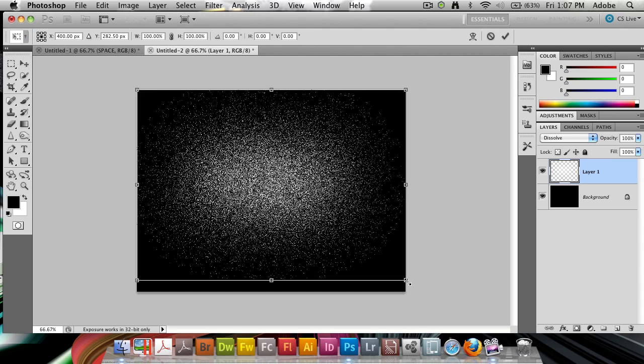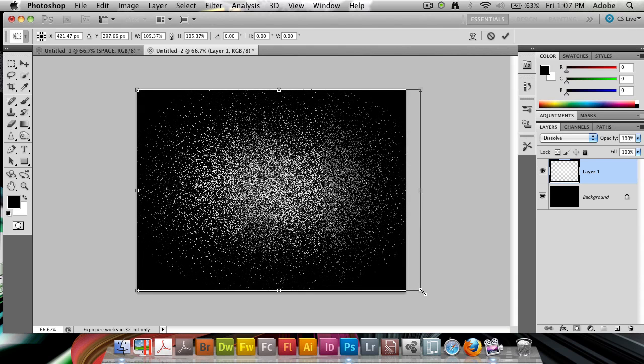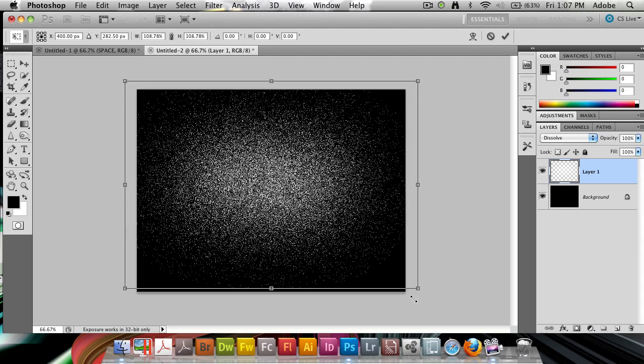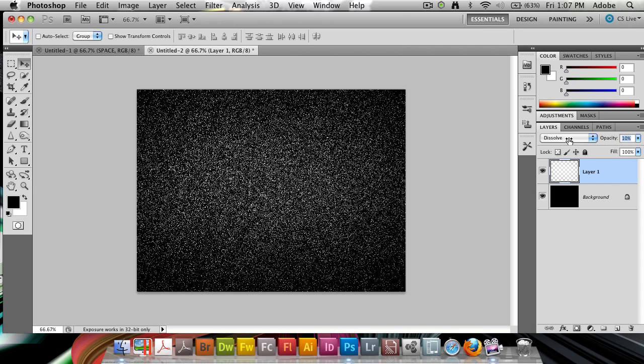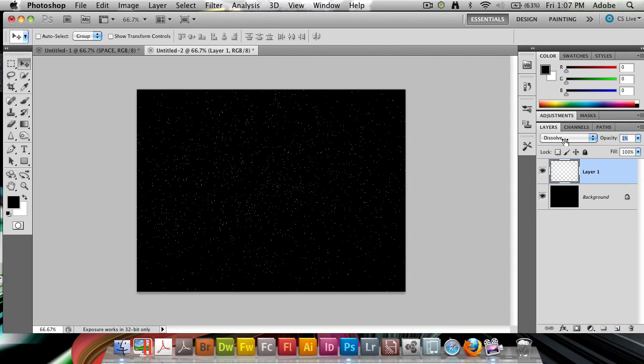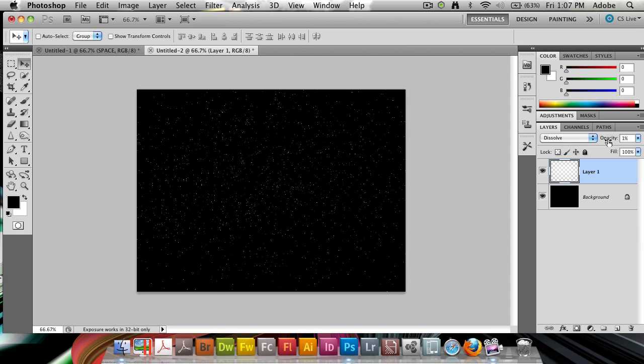So I'm going to increase the size here. Hold down my Shift key to scale it proportionally, and also the Option key or the Alt key to scale it from the center. And it's going to look even worse, but the way the dissolve filter works is if you lower the opacity, you also lower the amount of, in this case, stars that will appear. So by just having 1 or maybe 2% here, I think we get a nice starry sky that can pass